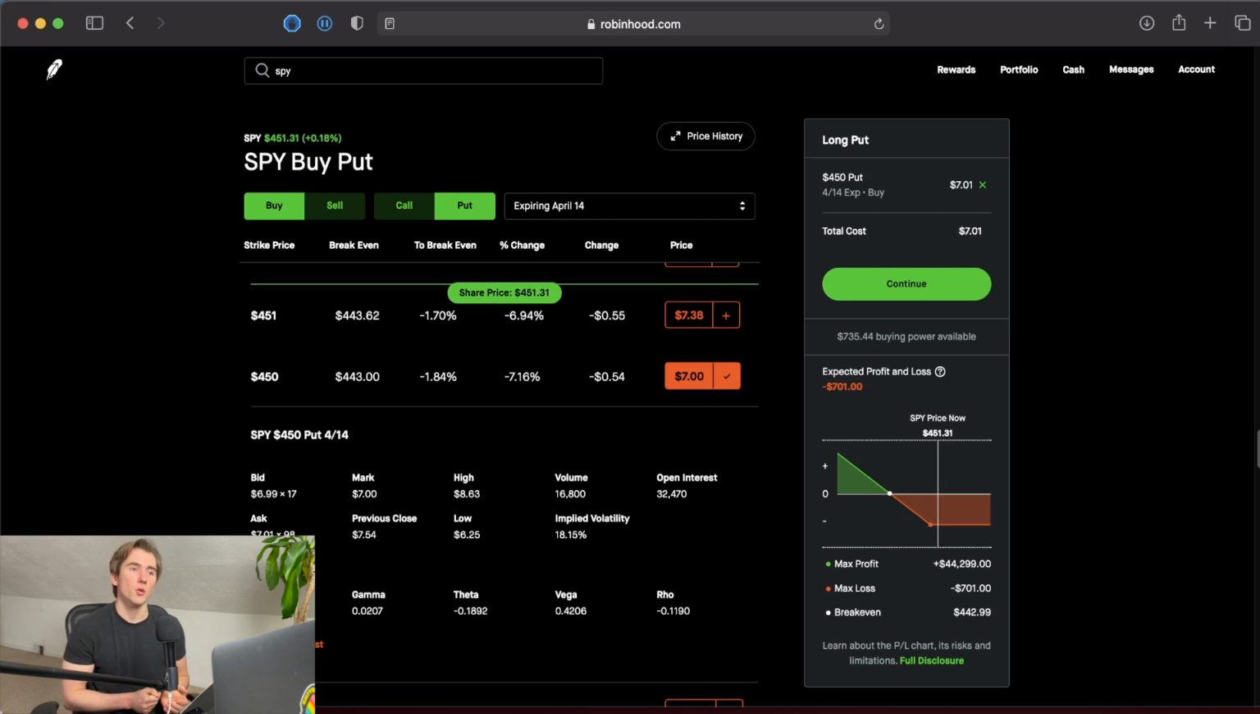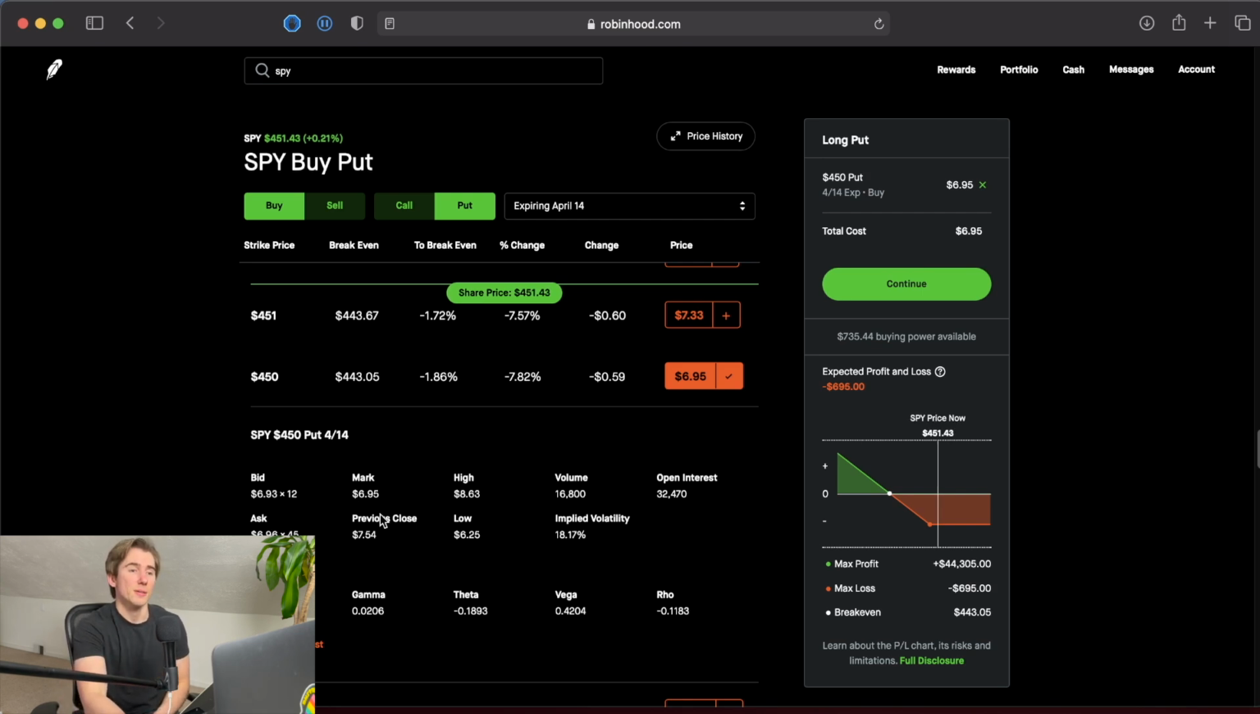So for every dollar that SPY goes down, this option is going to gain $46. So if SPY drops from $451 right now to $450, then this option is going to gain $46 of value and be worth around $745. And at the end of this, if I were to hold it all the way until my expiration date, I